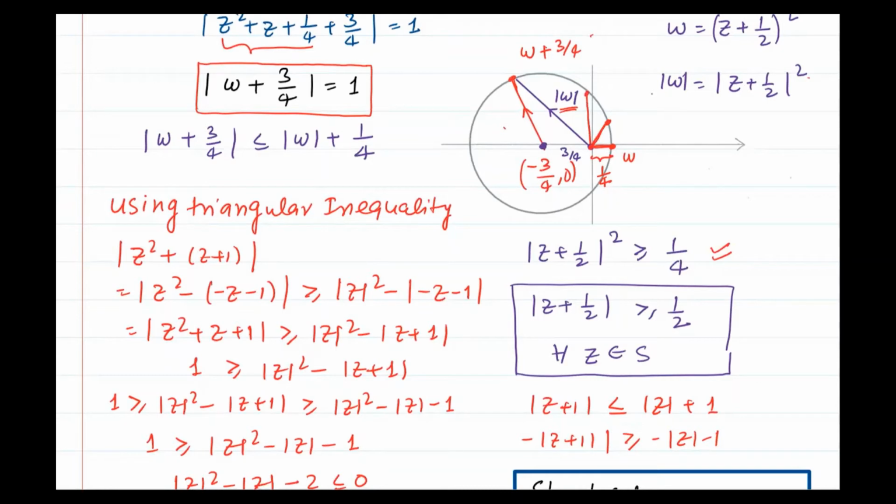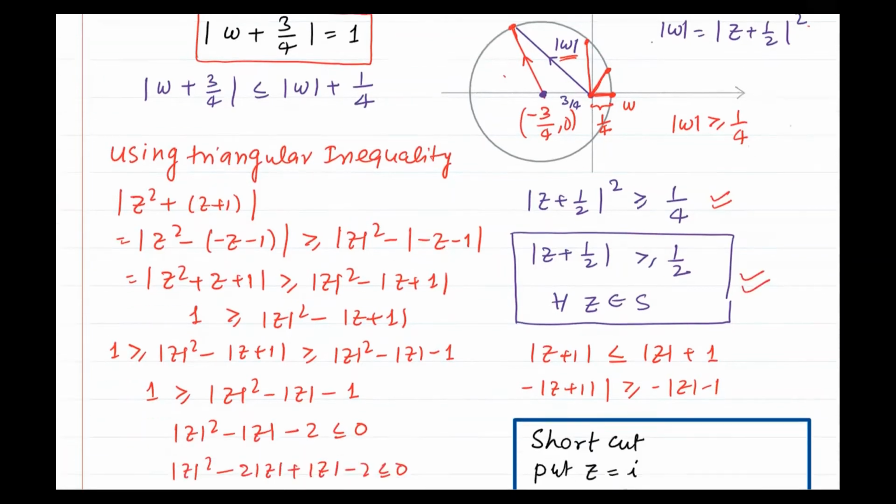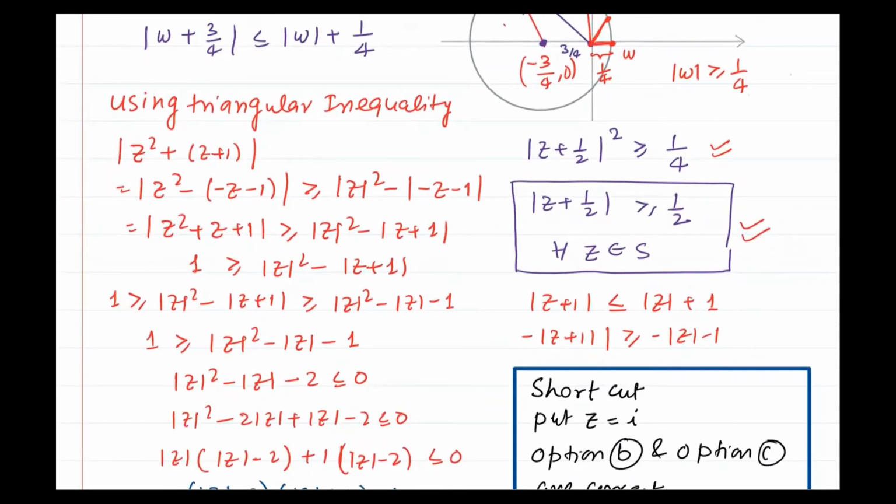So this minimum length is 1 by 4. So we get modulus omega is greater than or equal to 1 by 4, and (z plus 1 by z) whole square is greater than or equal to 1 by 4. So we get this inequality. And similarly we get another part, and we are getting